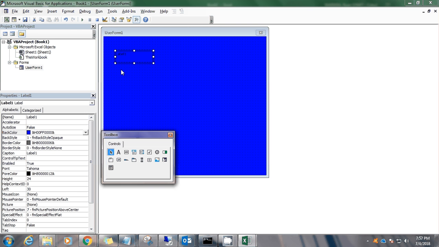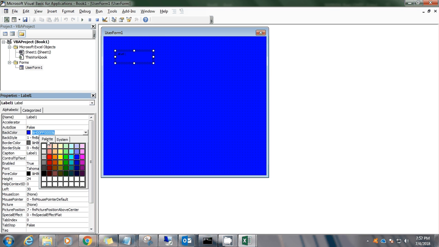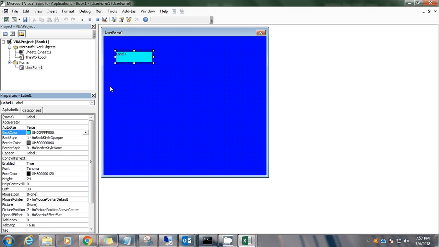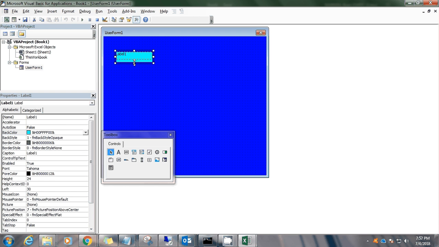To change this, you have to select the label and then change the back color to something you want. That's it. Now, if you want another label, you can simply click this one and then drag, but I'm going to click this and then Control C and Control V to paste it in here, and that's it. And I also have to put in a text box so that a user can type into my user form,